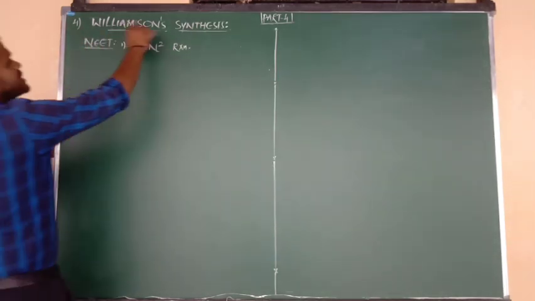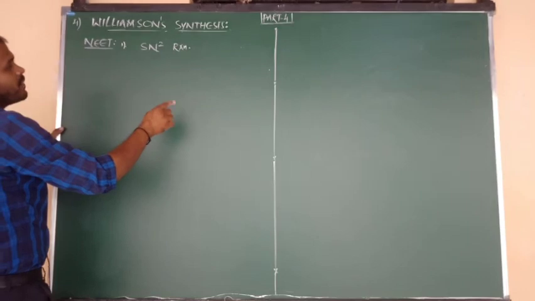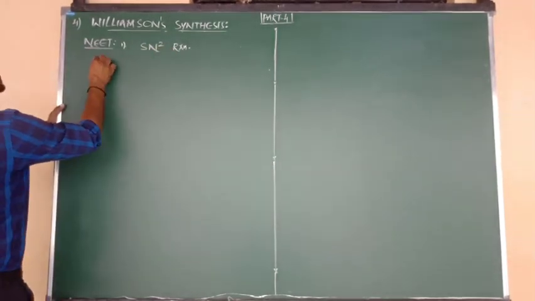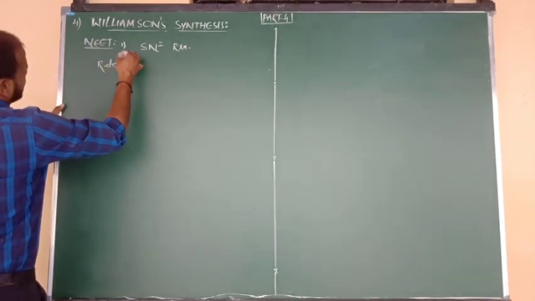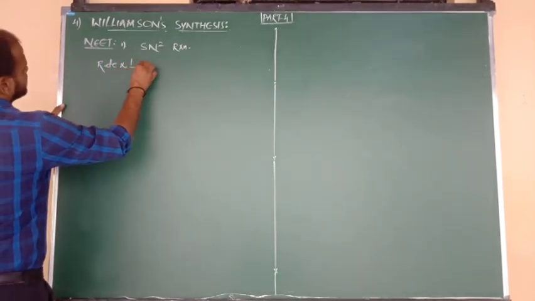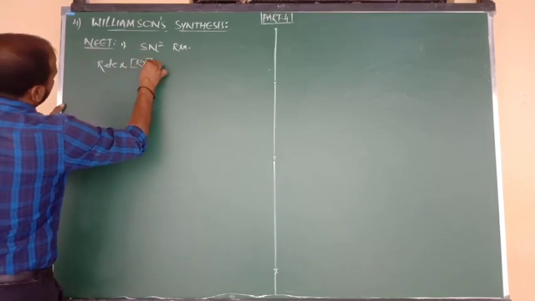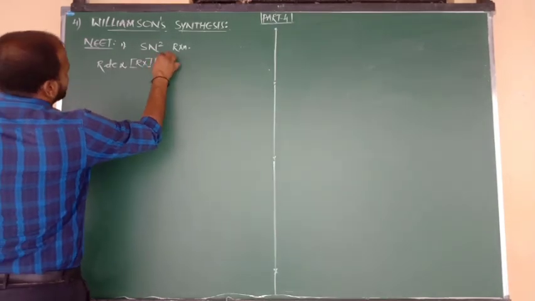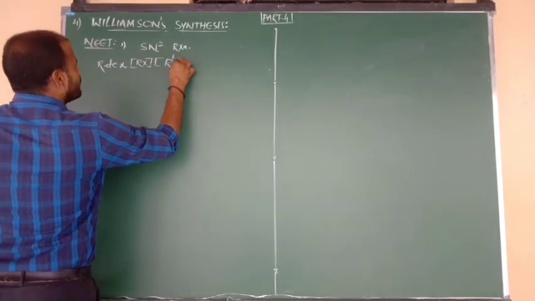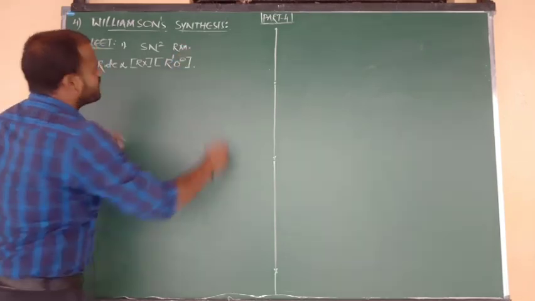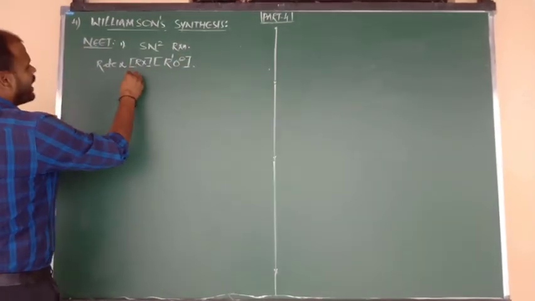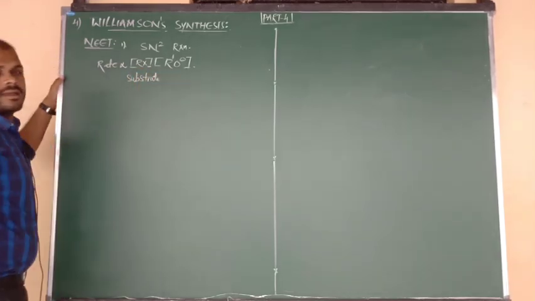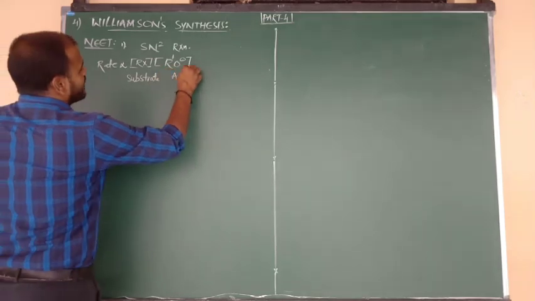In this reaction, the rate depends upon how many molecules, beta? Two molecules. So I want to say that in this reaction the rate depends upon two molecules. One is nothing but the concentration of alkyl halide RX, up to now I have told you in the reaction, and one more is the concentration of R prime O minus. Alkyl halide is going to act as the substrate, and R prime O minus is nothing but the alkoxide ion.